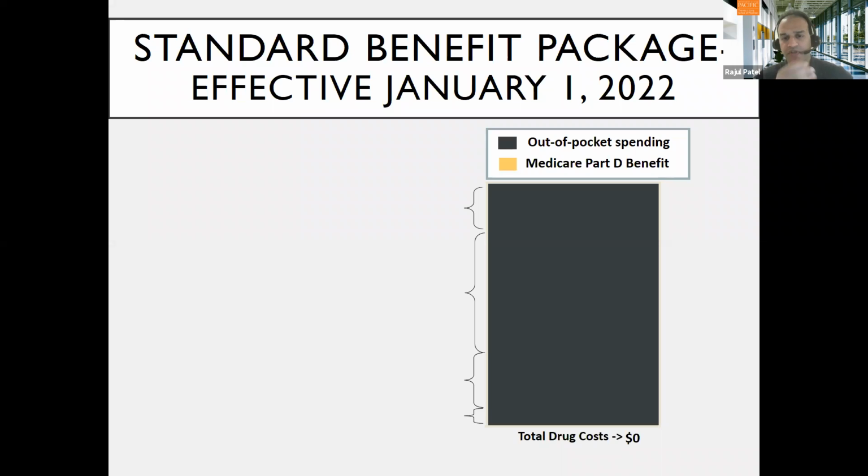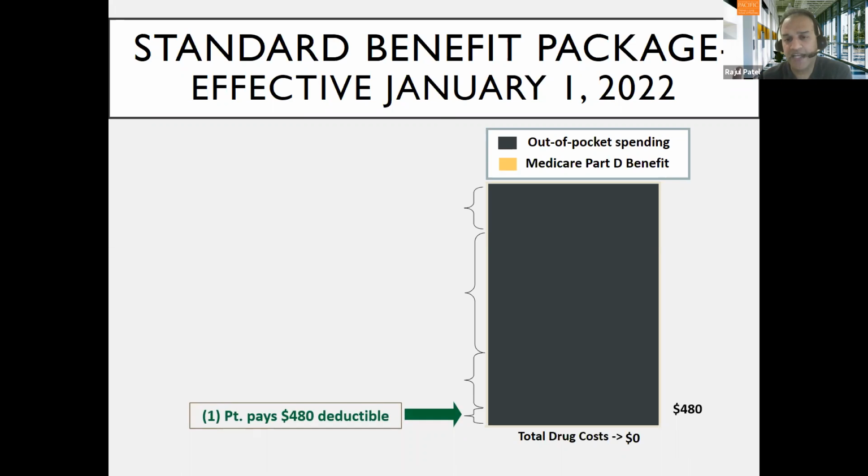Okay, and the number that you're going to see being populated here is total drug costs. So this represents not only what the patient pays, but also what their Medicare drug plan pays. And so this is being kept track of all throughout the year. Right now, you basically see gray or black on the screen, but in a moment, you're also going to see yellow. As you can see, the gray or the black represents what the patient's responsible for out of pocket. And then the yellow is going to represent what is covered for the patient through the Medicare drug plan or through a pharmaceutical manufacturer.